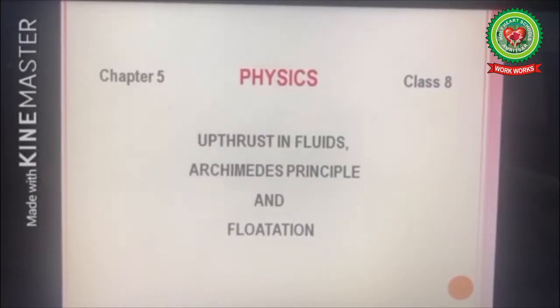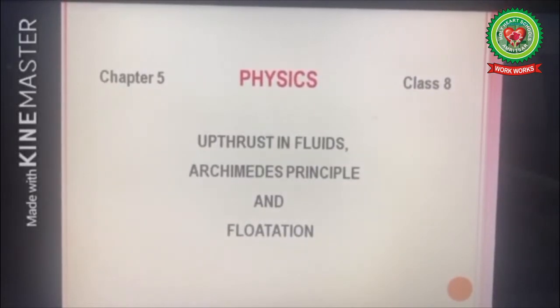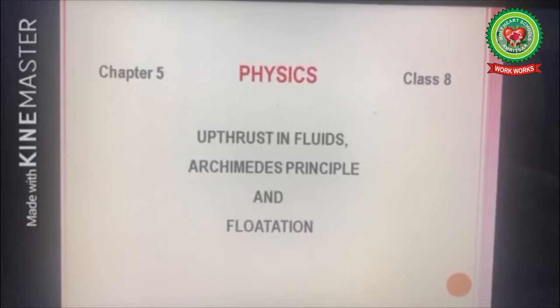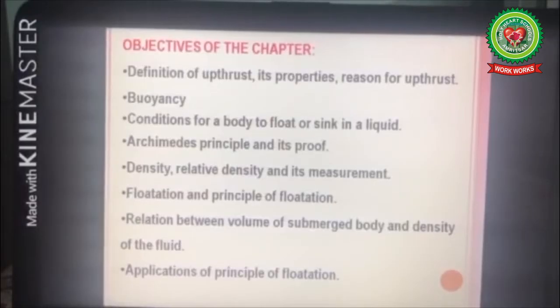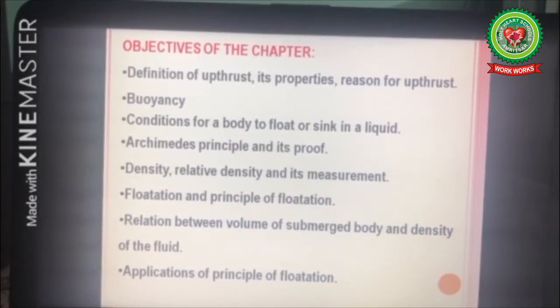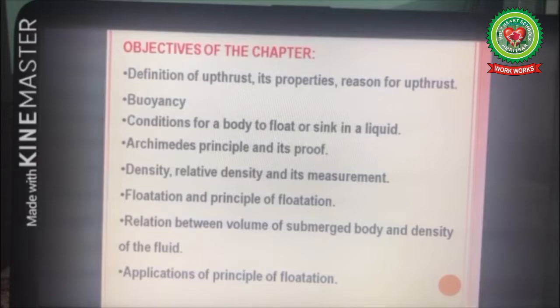Hello children. Today we are going to start with chapter number 5 of your physics books of class 8, and the name of the chapter is Upthrust in Fluids, Archimedes Principle and Flotation. The objectives of the chapter are: in this chapter we will study about